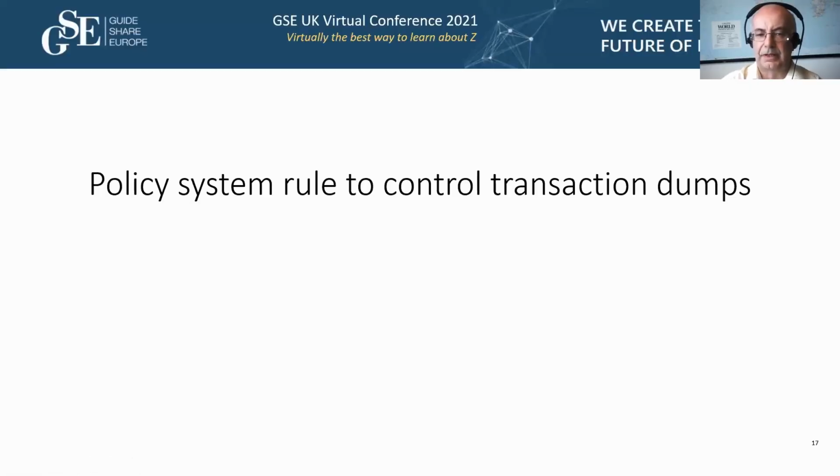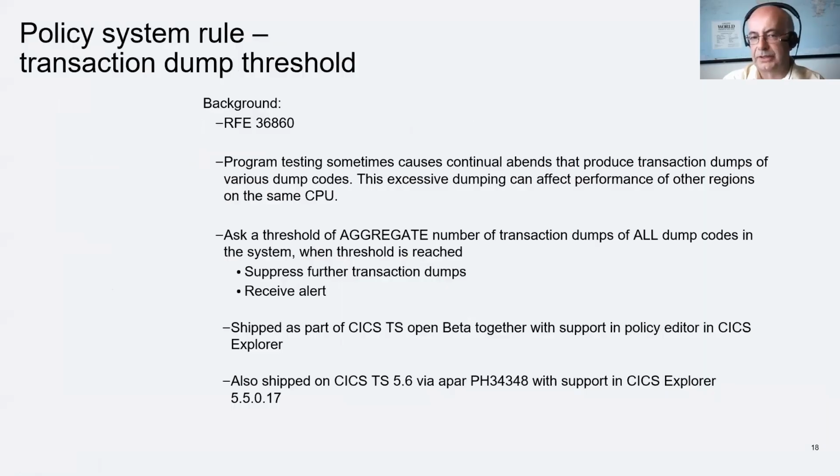And the final one, I think, in terms of policy was what, oh no, there's one after that. I'm jumping ahead. So the next one is a policy system rule to control the number of transaction dumps as a whole that a particular CICS region is taking. So this came in from a customer. This is a large US customer, and I won't specify any names, but let's just say that